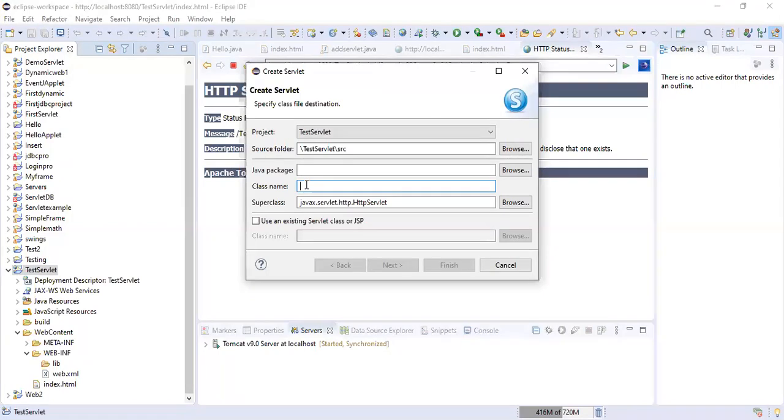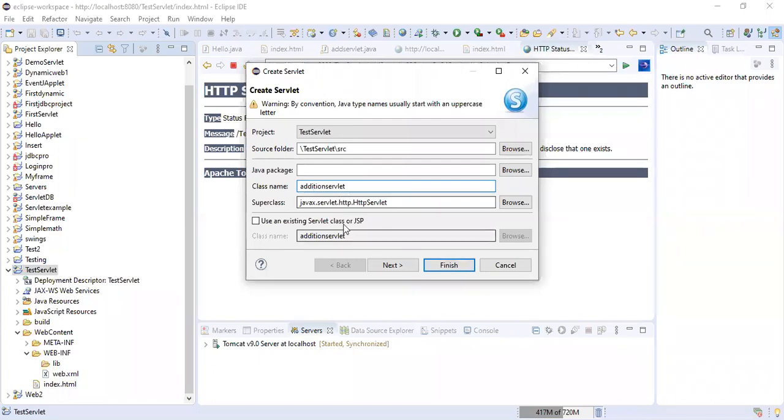I can put the name as demo servlet, or you can have another name instead, let's see, add servlet or addition servlet. I have given the name as addition servlet because I want this servlet to perform the addition.